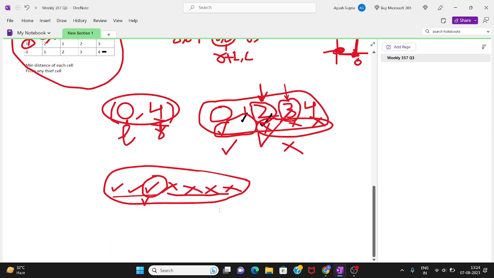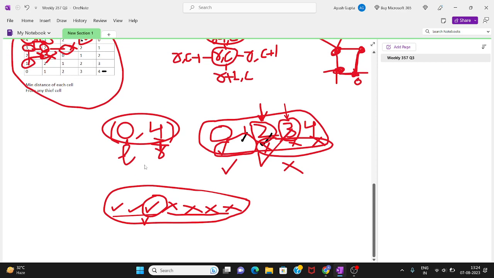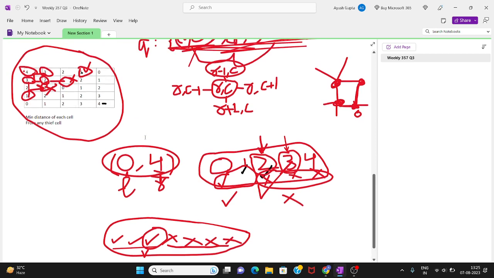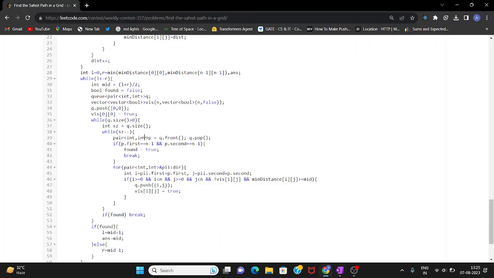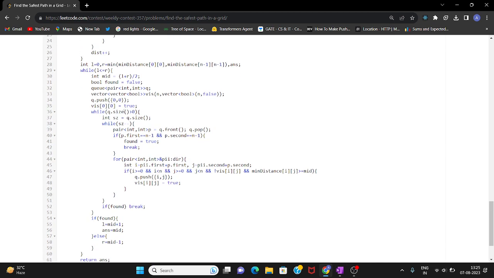Now here we will apply a binary search, and for binary search we need leftmost and rightmost values, a range. We can see we have a range obtained already, that is 0 comma 4. So let's move to the code. L is always 0.